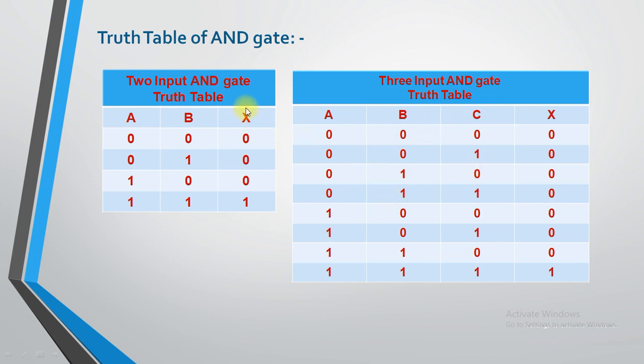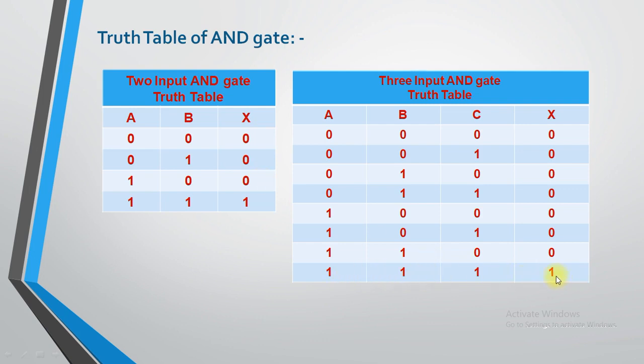Now see, consider the variable X. X is referred to as the output variable, right? So here, when both the input signals are high or 1, you can use either term, high or 1. If both the input signals are high, at that time you will get a high output. In the rest of the cases you will get 0 as output, or low as output.